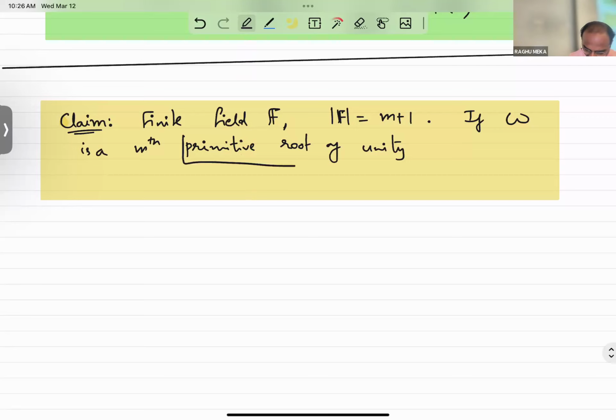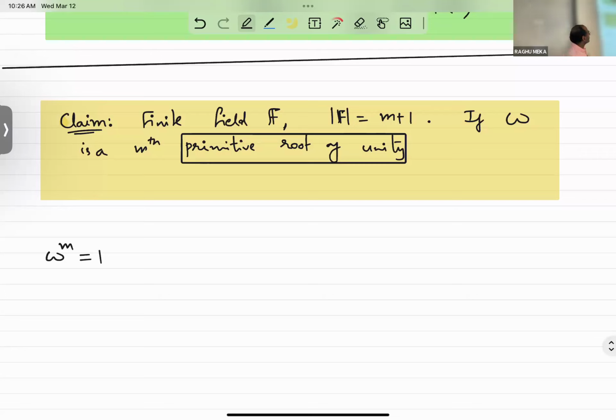It's kind of a mouthful. But what it means is that omega to the m equals 1. It's an element of the field such that omega to the m equals 1, and omega to the i is not equal to 1 for all i less than m. Okay, m is the least index where it equals 1. Then